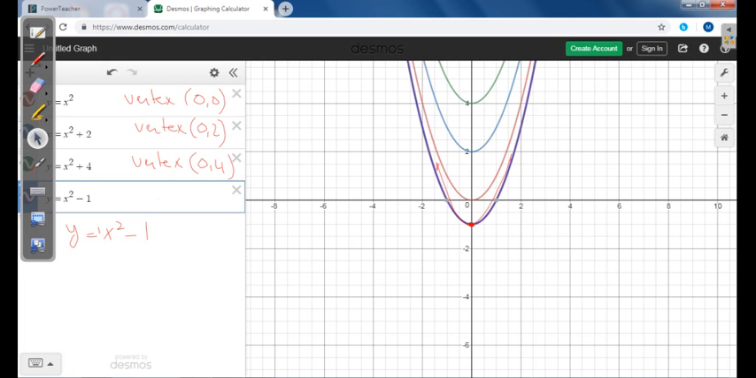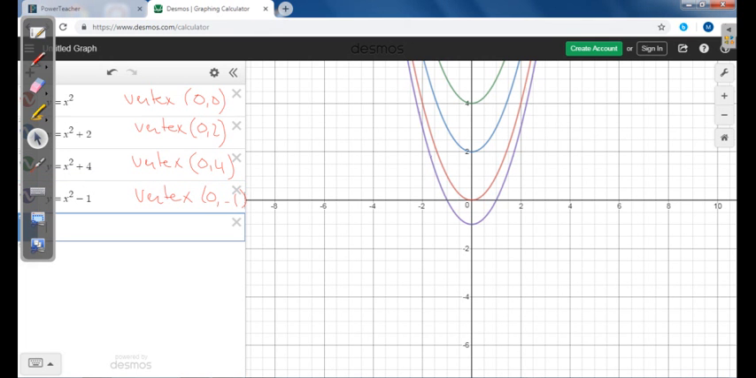Right? Exactly what we expected. So what's your vertex for this one? 0, negative 1. And what's your last equation? X squared minus 3. Again, we're expecting it to be